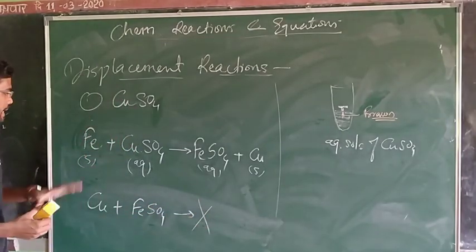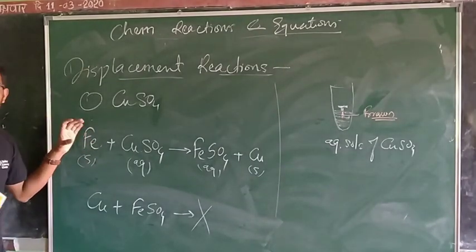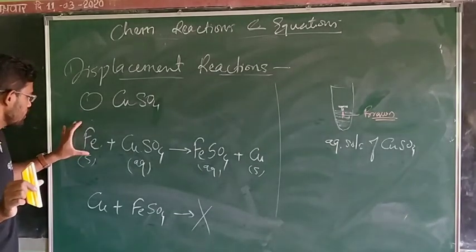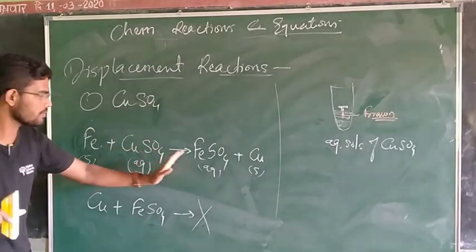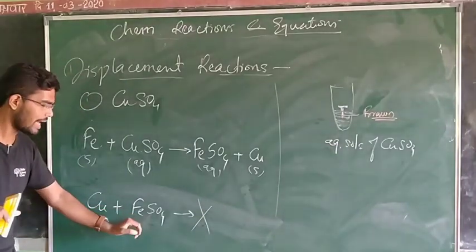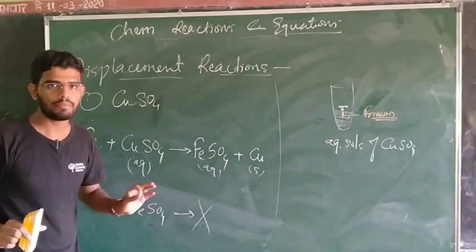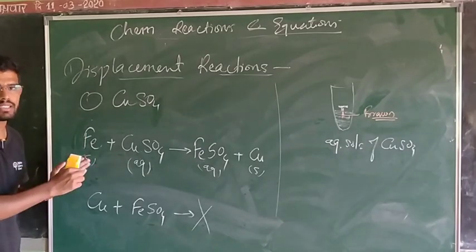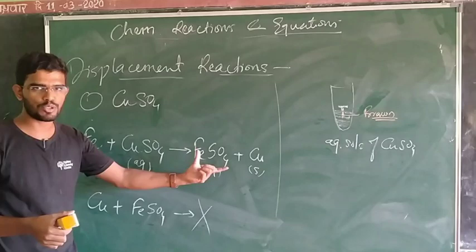Why? Because iron has the capacity. See, that you should observe very carefully is what? Iron has the capacity to displace copper from the compound. So it will give you ferrous sulfate and copper. But copper doesn't have the capacity to displace iron from the compound. So there is no reaction in this case. बात समझ लो? That new element should have ability, it should have a capacity to displace that another species from this compound. तभी जाके reaction possible है.